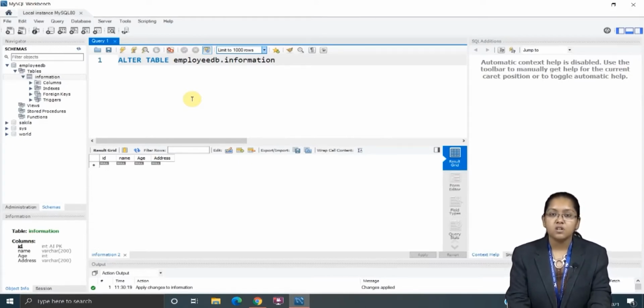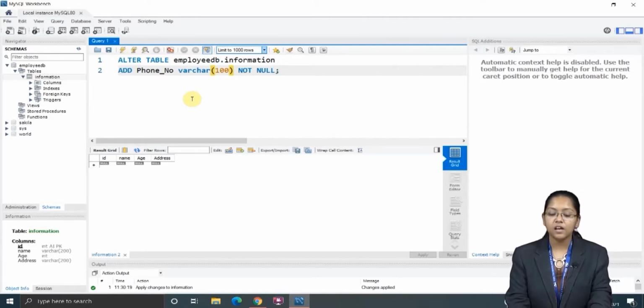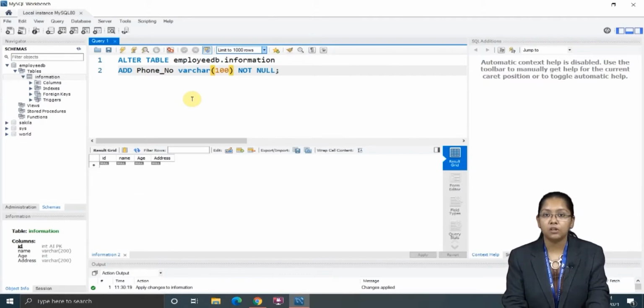your phone number. So here I will use which functionality of the alter command? Add, right? So here add, then column name. So my column name, let's say, will be my phone number, like this, okay? And now the data type, that is varchar. Let's say I have given varchar only, and because it is a varchar I need to specify size, so 100, and then it should remain not null. I am giving a constraint as not null, which means my phone number column should remain not null, and then semicolon, right?